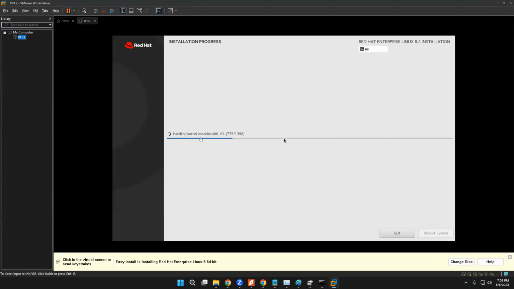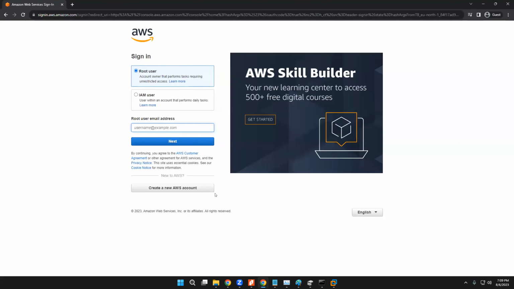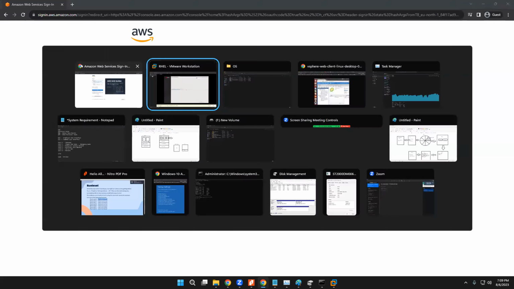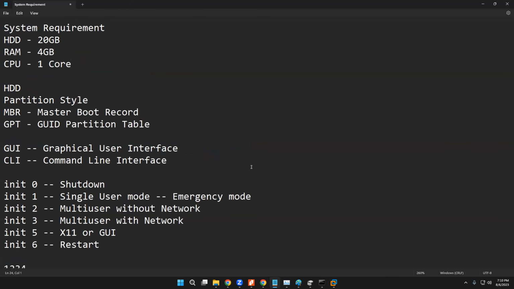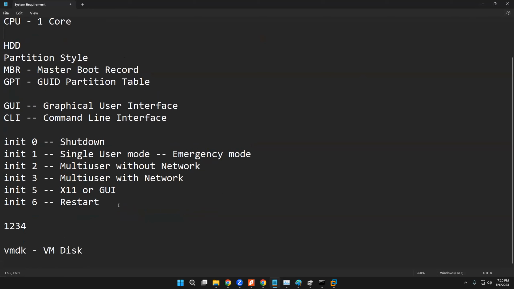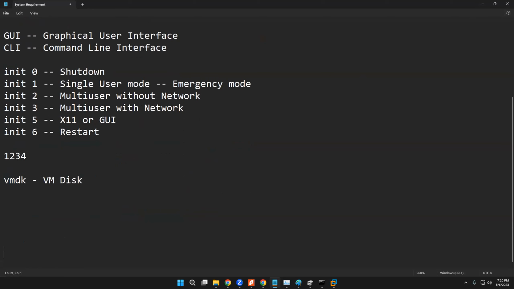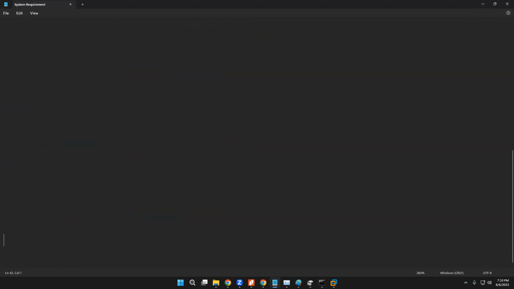Okay. So now it is installing around this many components. While it is installing, let me show you how to prep your machine for the people who don't want to install on their local machine, or who don't have the specific system requirements. We will be seeing how to install in AWS, or any one of the cloud service providers,